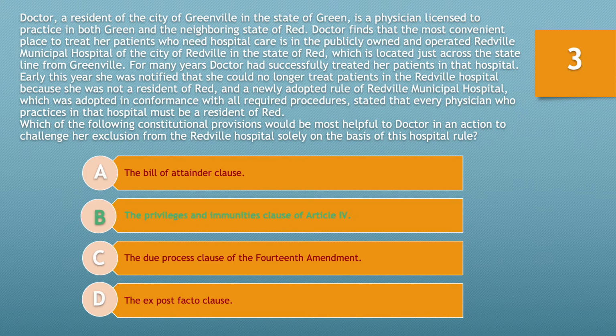Now, that being said, any activity that happened in the past would arguably fall into an ex post facto clause, because it would not have been illegal at the time that you were dating this 20-year-old. But it is now. So going back in time and criminalizing that behavior would ultimately be inappropriate. That's not what's happening here. We're talking about future issues. There was no issue in the past. There is no temporal issue here. So as a result, D is not correct, and B would be your very best answer here.